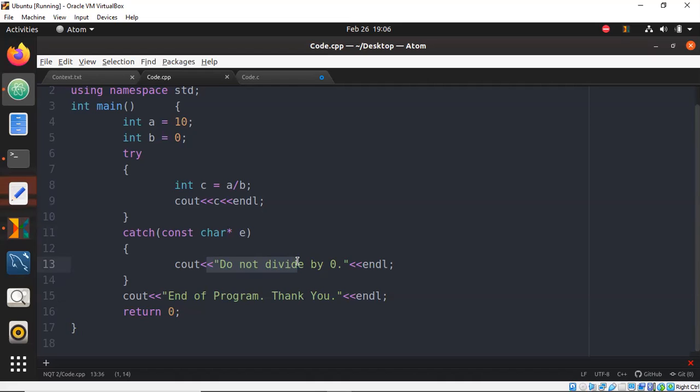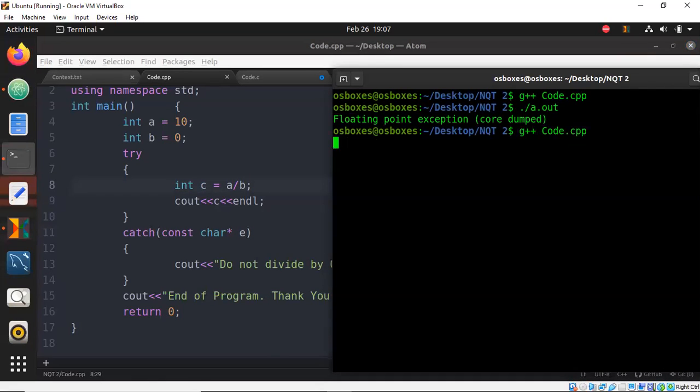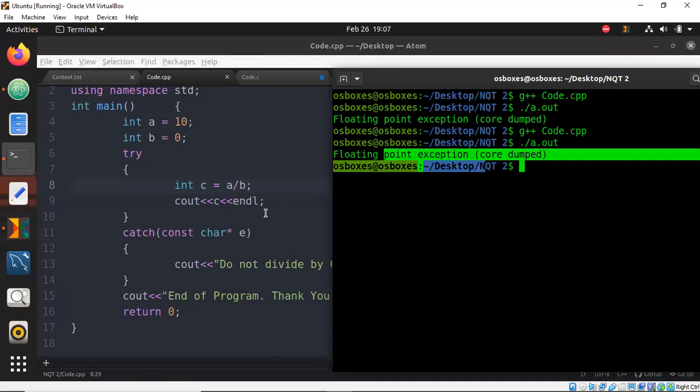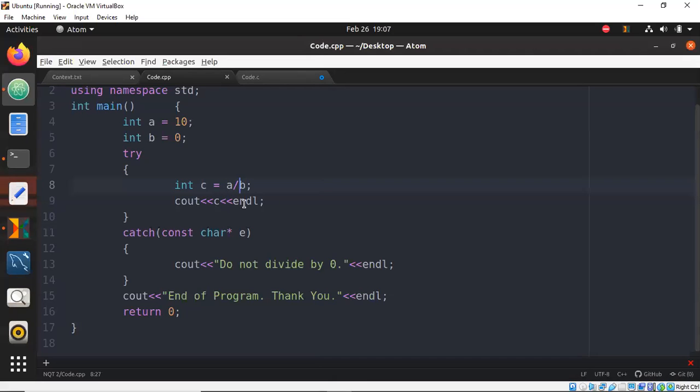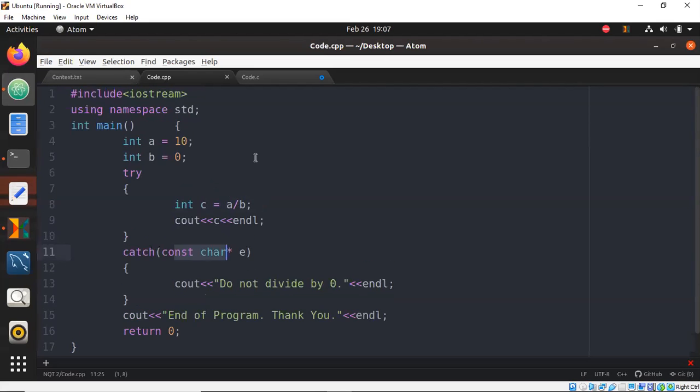Let's look at this. Is it? It's not. Even though, just to point this out, we are dividing by 0, it's not going to the catch part. Instead, it is directly going ahead and stating that there's this particular error and exiting. Now,